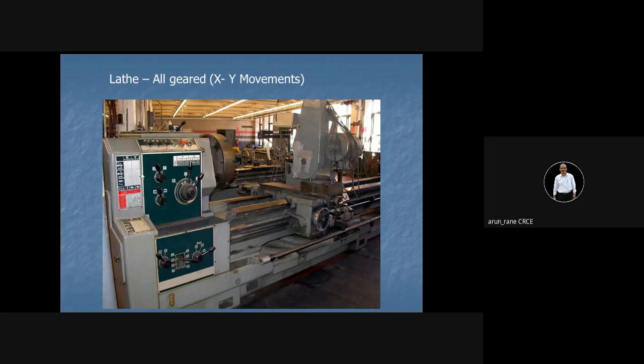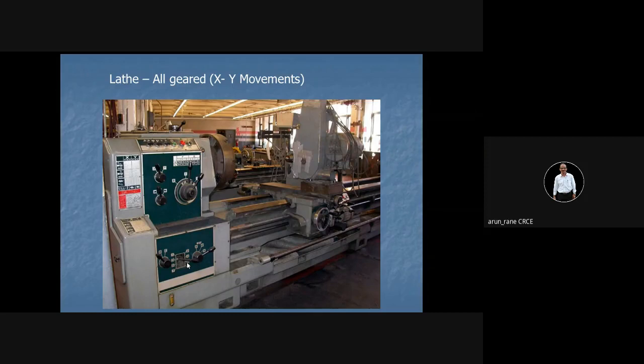This is how there will be a labeling plate. On the labeling plate, you will see the different speeds, and here there are the positions of the lever. So if this lever is at this position, this lever is at this position, and this lever at this, so there are 4 different positions. For 4 different positions, what speed you will get is visible from this nameplate. Similarly for the feed shaft, again you have to go on changing the levers, and according to the position of the levers, you can read what feed finally you are going to get.